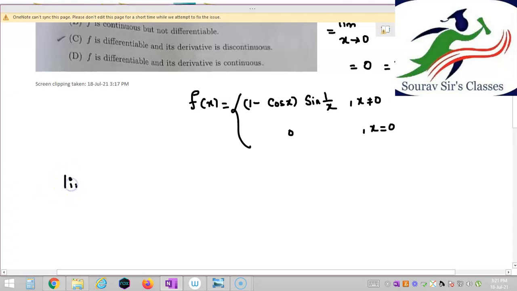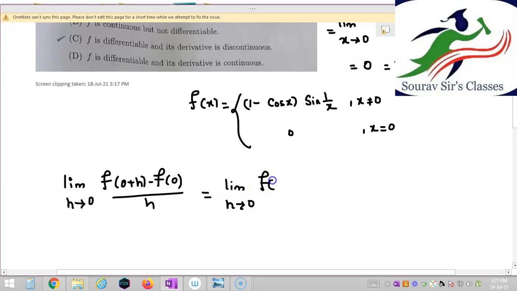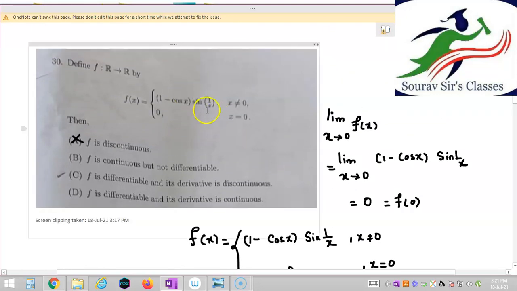We take the limit as h tends to 0 of (f(0 plus h) minus f(0)) by h, that is the limit of (f(h) minus f(0)) by h, where f(h) is 1 minus cos h,